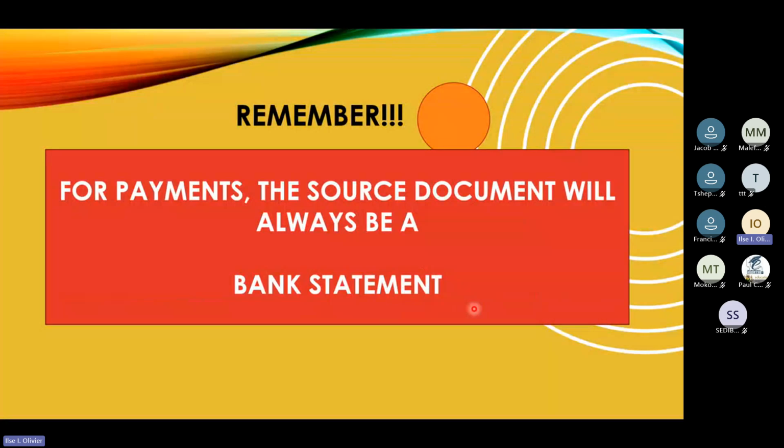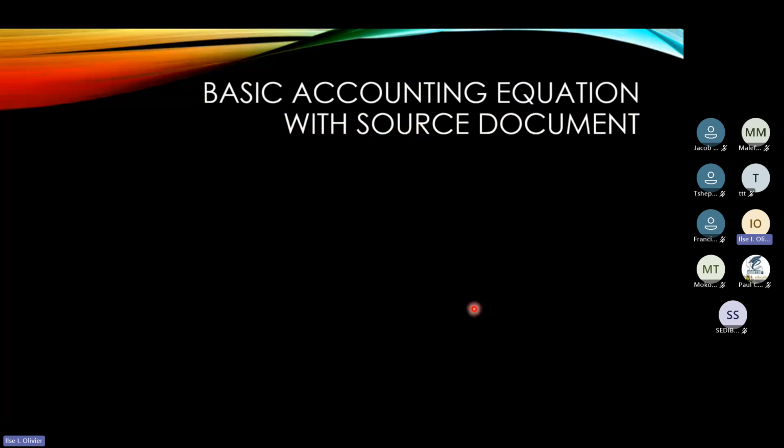Now, remember, for payments, the source document is always a bank statement. I know that it can be paid via EFT or by debit card, or you can draw the money at the ATM. But remember, the place where you're going to see that this transaction happened is on the bank statement. So sometimes I will ask you to put in the source document for yourself as well. So if you put in the source document for a CPJ, the safest thing to write is always bank statement. But the rest of the steps stay exactly the same.